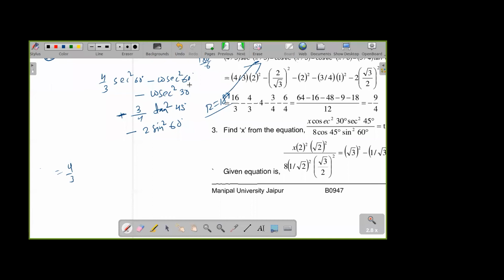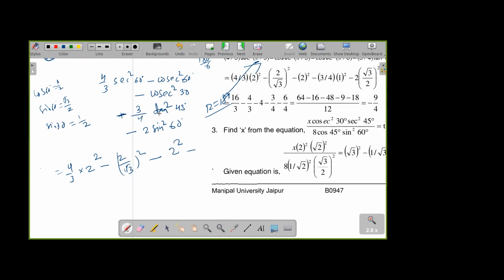Sine 60 is, we know, root 3 by 2. So 2 by root 3 reciprocal, it will be, and square minus cosec 30, reciprocal of sine 30, and sine 30 we know 1 by 2, so it will be 2 square minus 3 by 4,